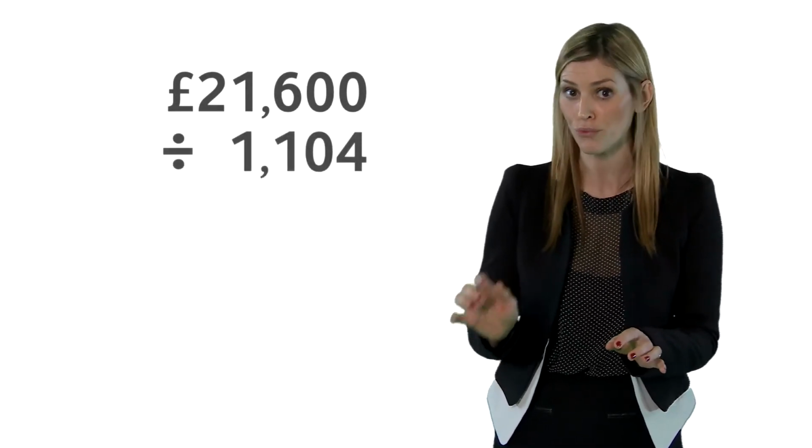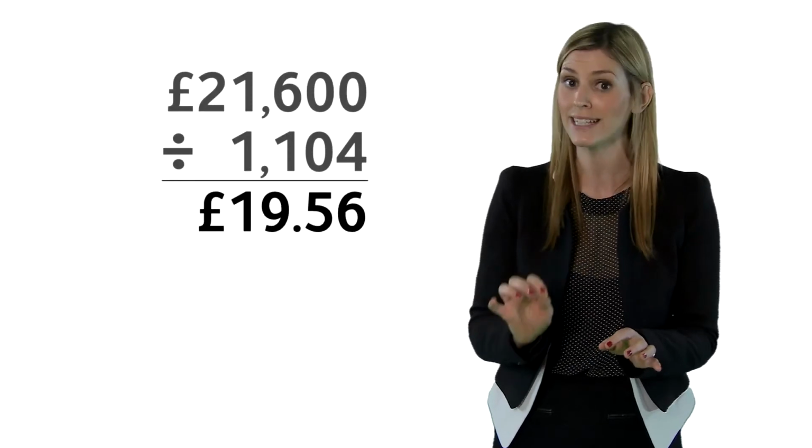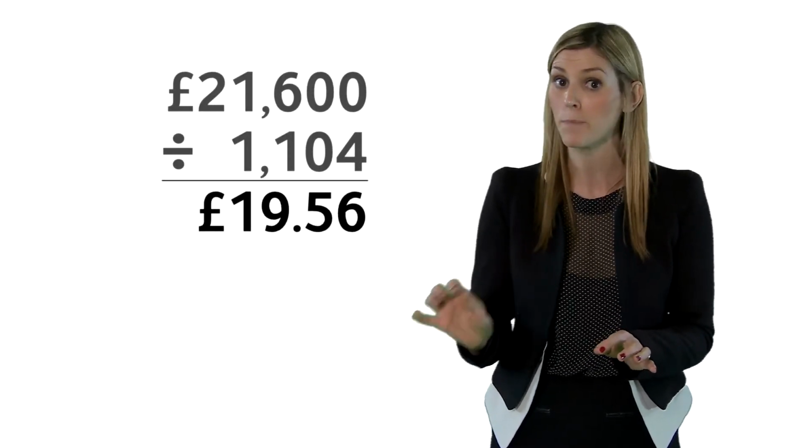As in the previous example, you need to have your total fixed costs. That's overheads plus drawings. In this example, I'll say the total is £21,600. So the calculation is fixed costs divided by the annual total of chargeable hours. In our example, that's 21,600 divided by 1,104, which equals a cost of £19.56 per hour. This is a basic cost per hour for providing your service.